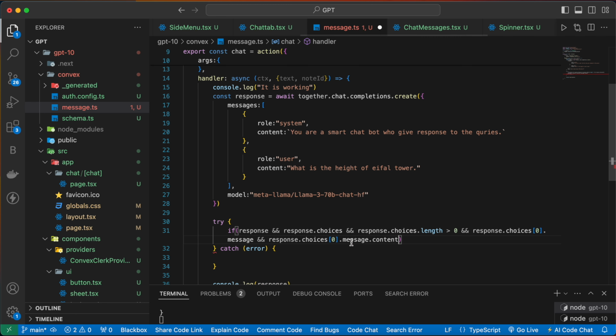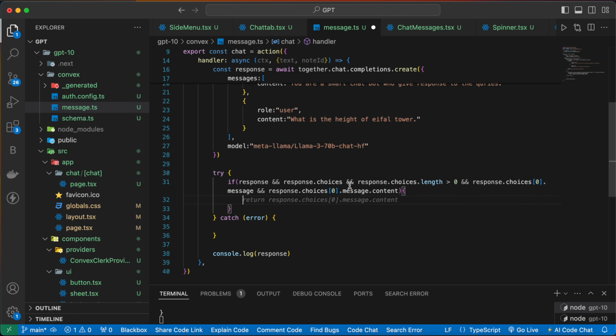So we need to check for all these things, otherwise we will get a type error. This will not affect the functioning of this function, but this will give the type error. So we need to check for all this. Okay, and now here what we want to do, we want to save this content to our database, and for